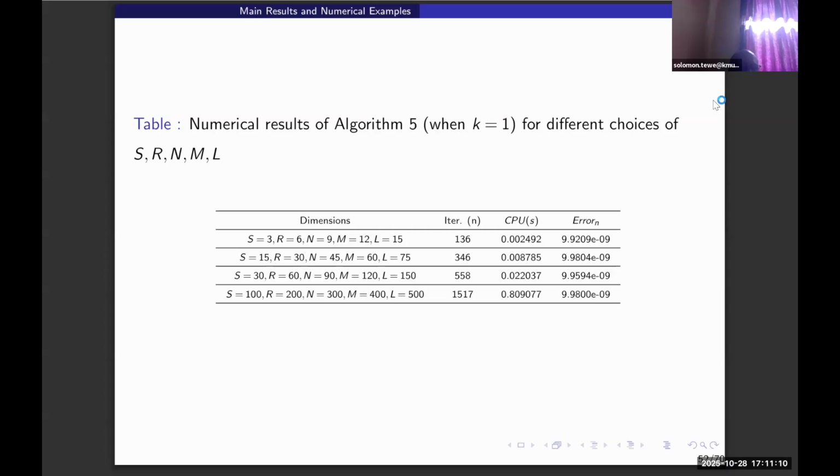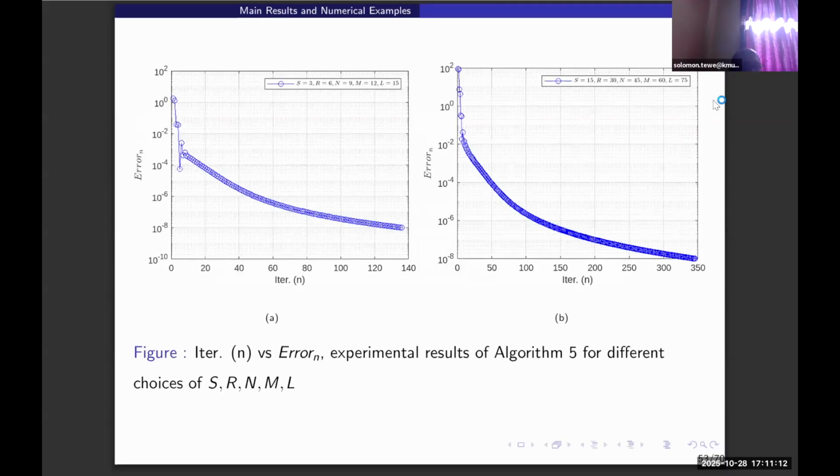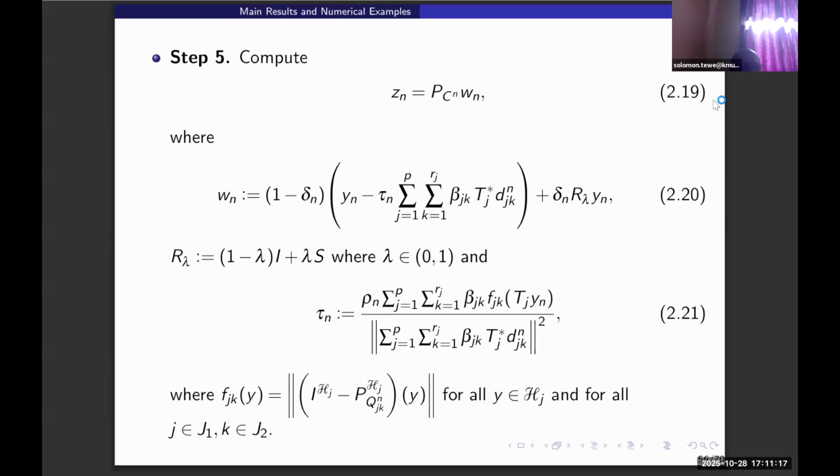These are the figures given here. The other algorithm is also similar, but this one is a combination of a fixed point problem and the multiple set split feasibility problem with multiple output sets, which is a generalization of the work produced by Barinde and Barinde. As you can see, it is a combination of a fixed point problem and the split feasibility problem, and the fixed point problem mapping here is